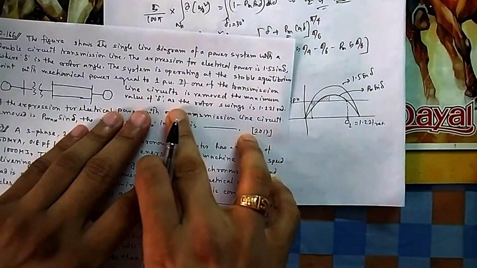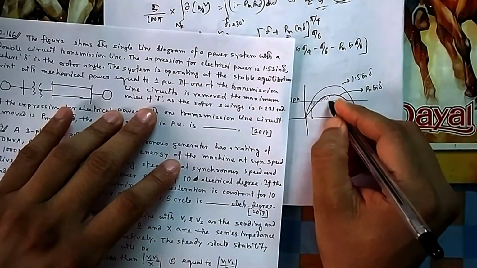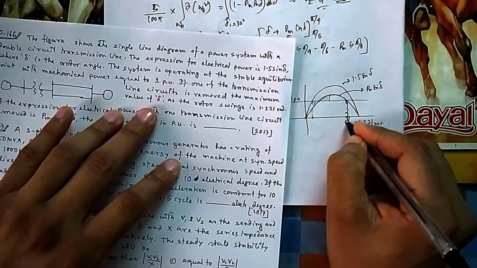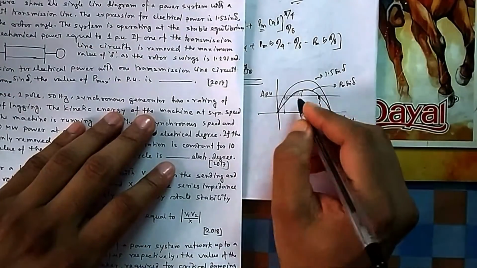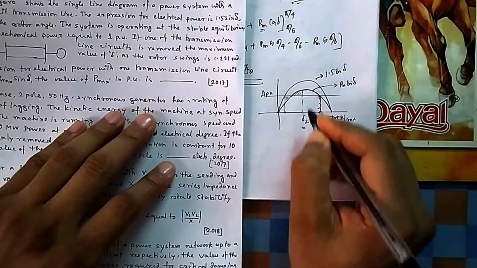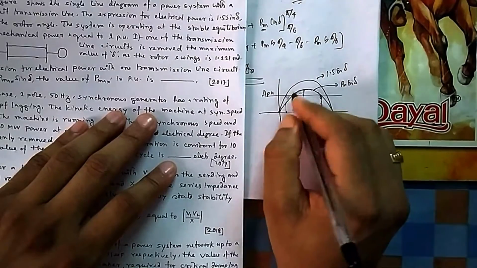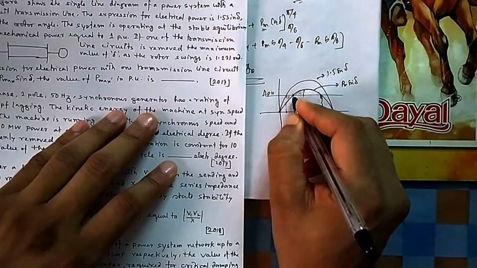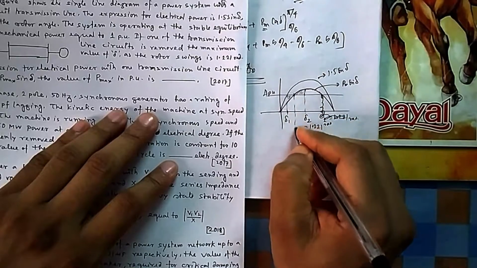If the transmission line is removed, the maximum value of delta swings is given. So whatever it goes up to, suppose it goes up to here, then it is not required to go further. Up to here, these areas become equal. So this is your delta 2. This is the maximum rotor angle it attained. And the stable point is this one. Initially it was, suppose, delta 1. This is my delta C actually.